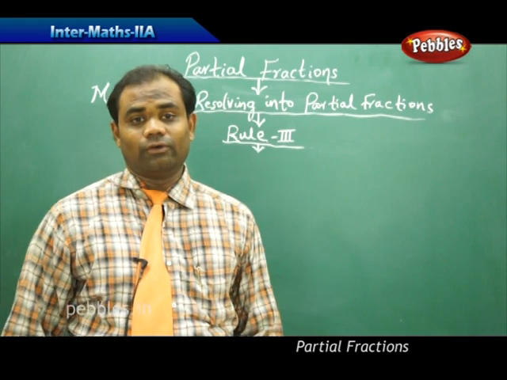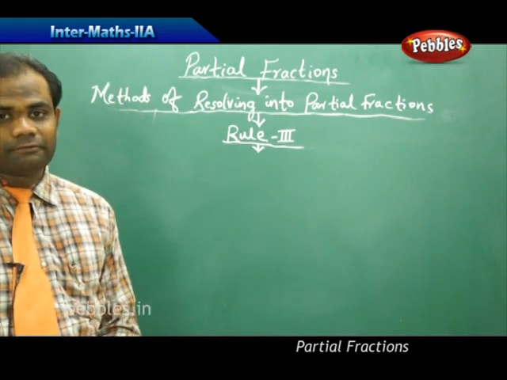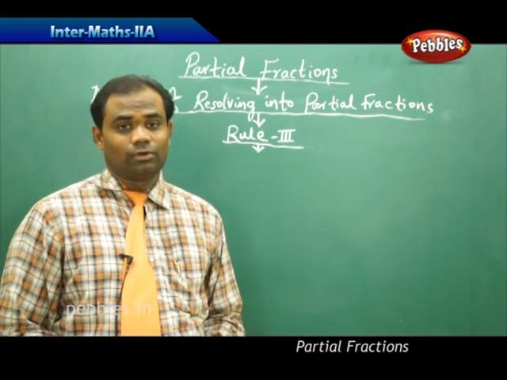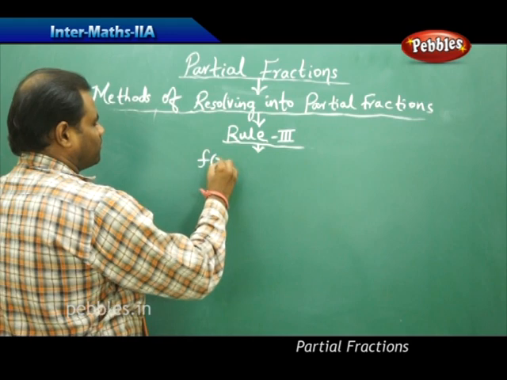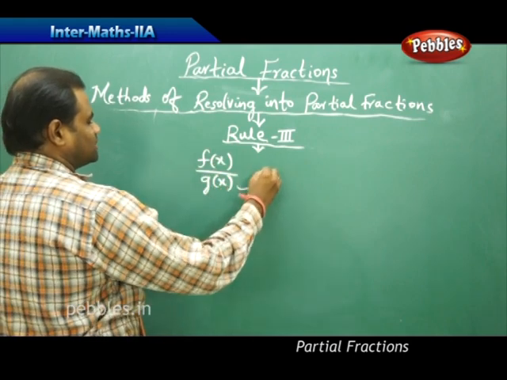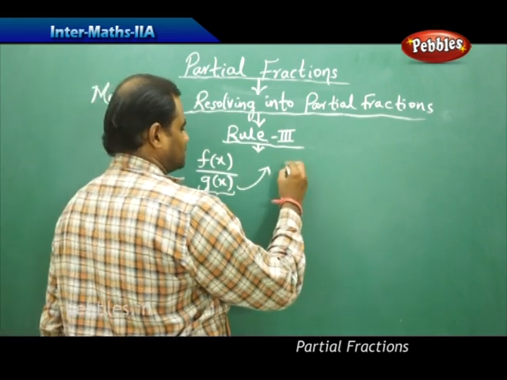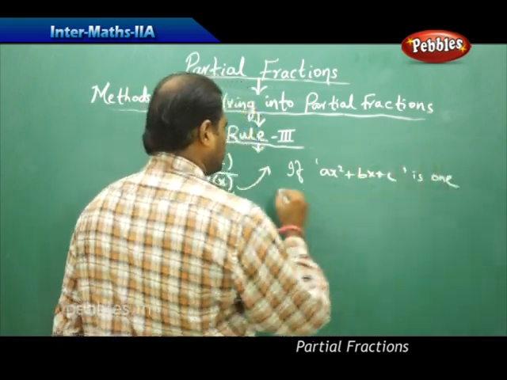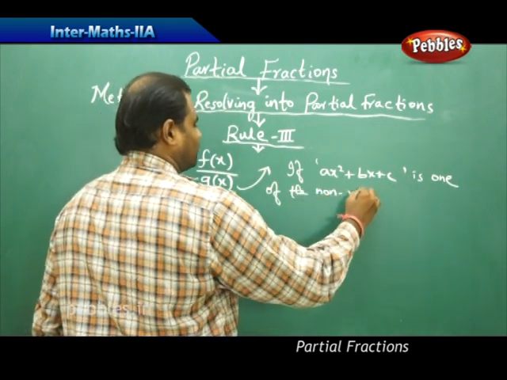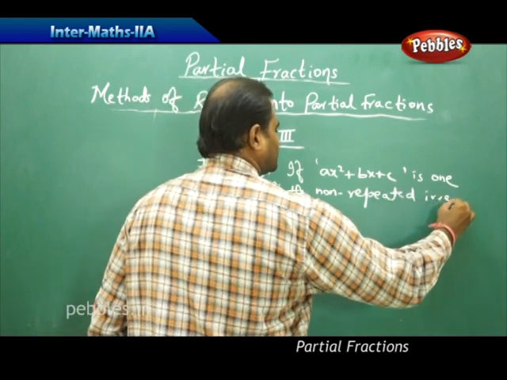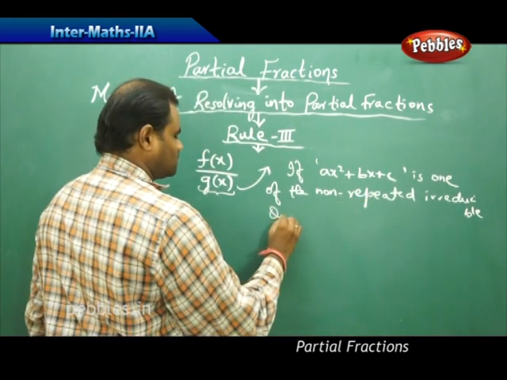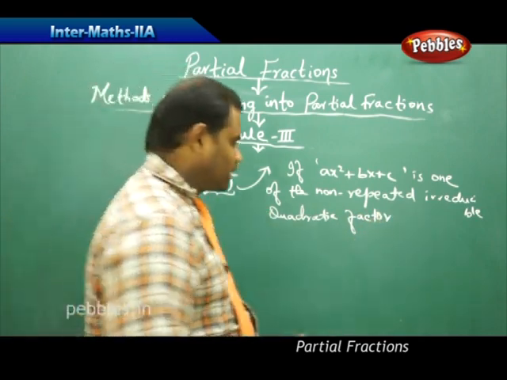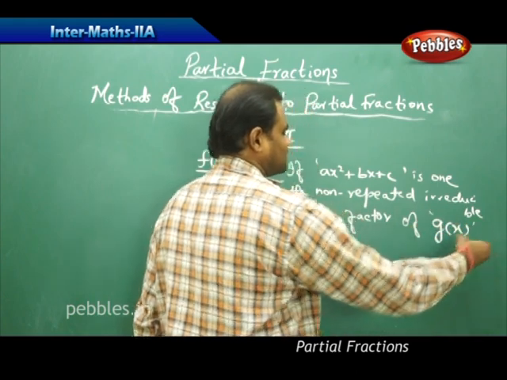Now let's see the rule 3 of resolving into partial fractions. Now in this case, we consider the denominator polynomial g of x, which has a non-repeated quadratic irreducible polynomial. That is, if I have a proper fraction f of x by g of x such that, if ax squared plus bx plus c is one of the non-repeated irreducible factors of the polynomial g of x, then